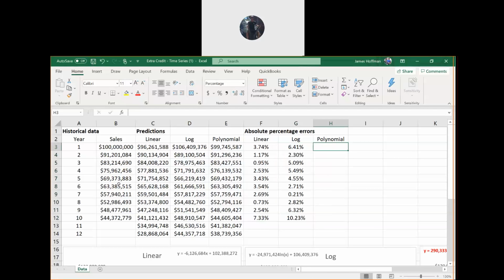All right, and let's do the final calculations for the APEs for the polynomial comparison.